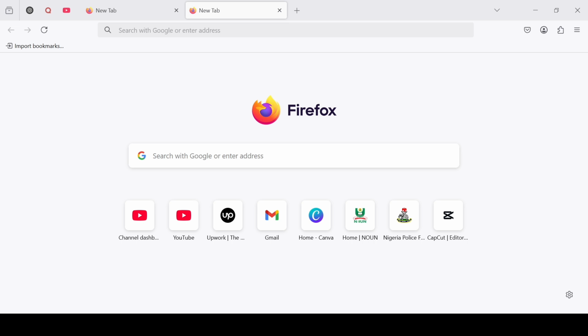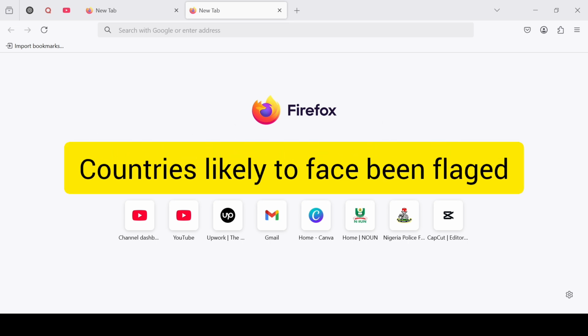But before we go into this training, I would like to tell you a few countries where your account is likely to face a ban or termination.